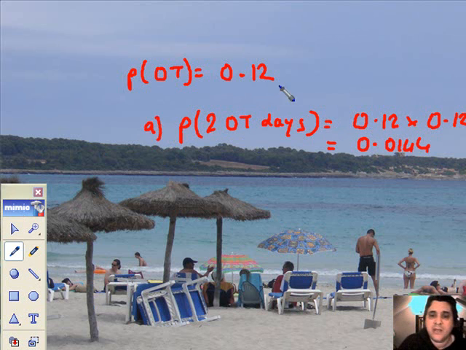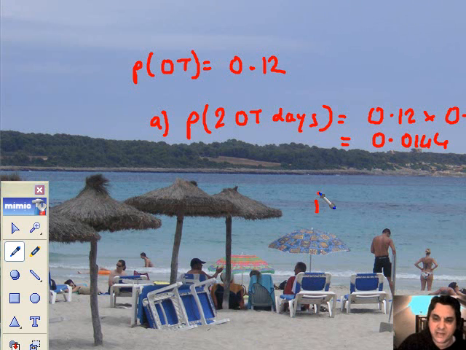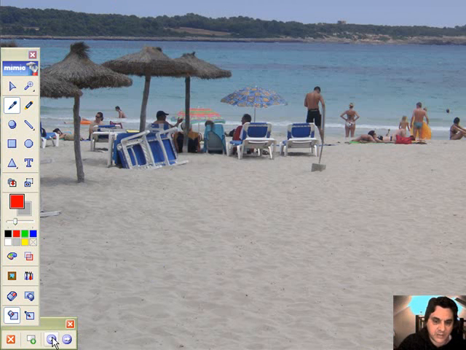Now, I had to assume that overtime on one day is an independent event, as distinguished from overtime on any other day. In other words, Callum can't work overtime Monday and then his boss says, actually, I don't need you on Tuesday because you worked on Monday. That'll be conditional and therefore dependent. So I'm having to assume that each day's overtime is independent, and therefore I can multiply 0.12 by 0.12. So I just write the word independent here. It's an independent event. Alright, next question.